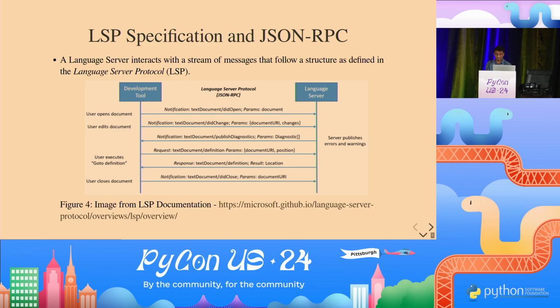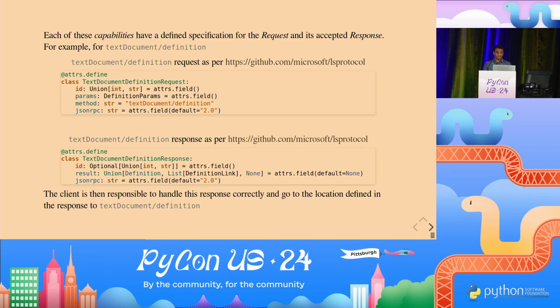The examples on the image show did open, did change, publish diagnostics, and definition. Now, each of these capabilities has a defined specification for request and response. For example, if you've ever done go to definition on VS Code, that calls the text document definition endpoint method